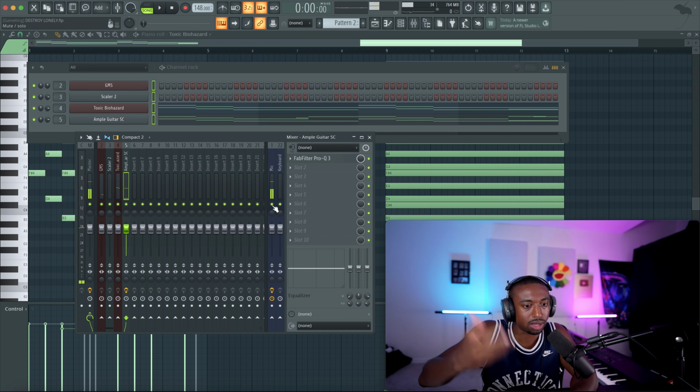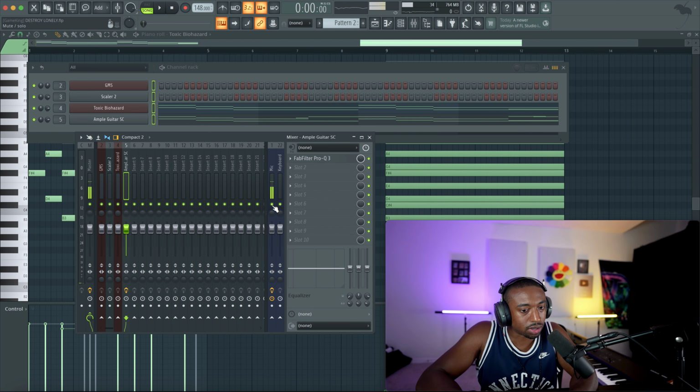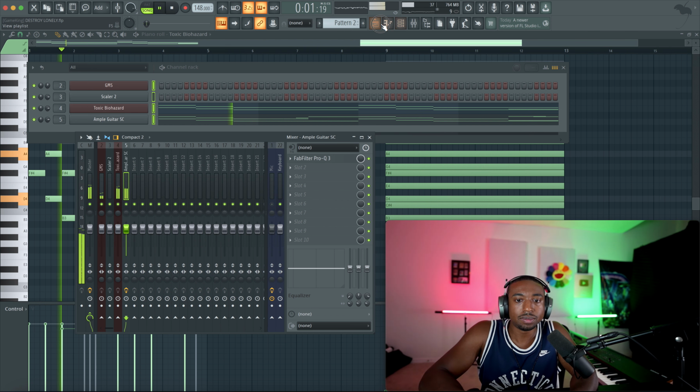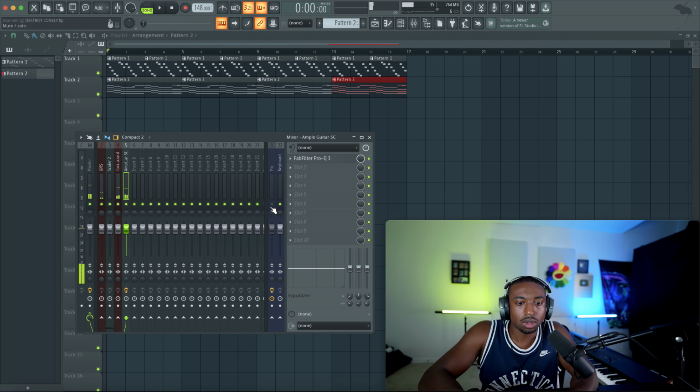Now it's just about finding our last little twist on the sound. Let's make it a little less repetitive by changing some of these notes.